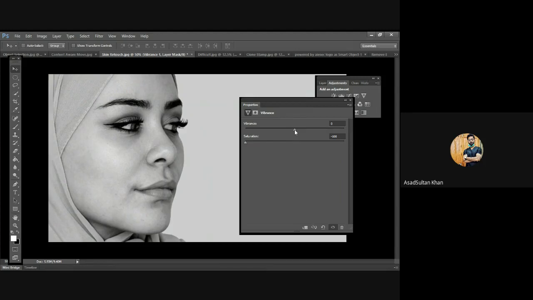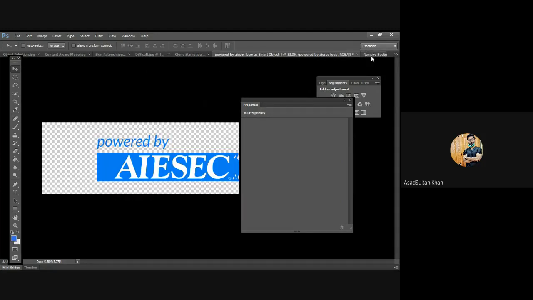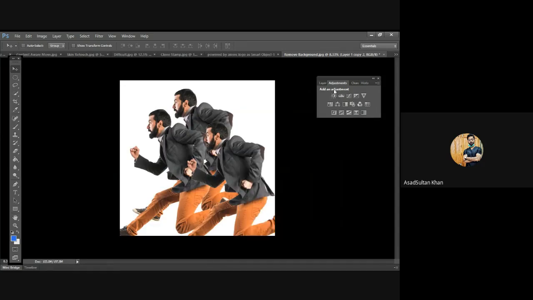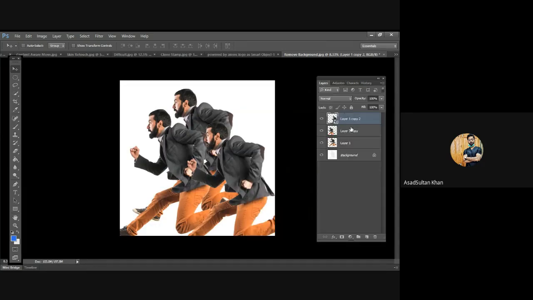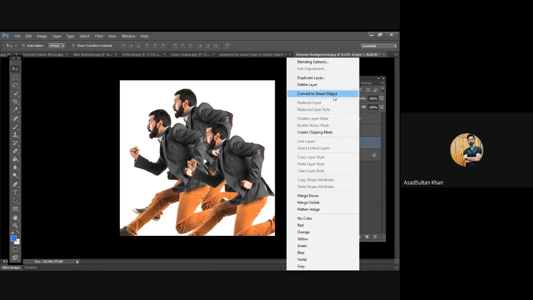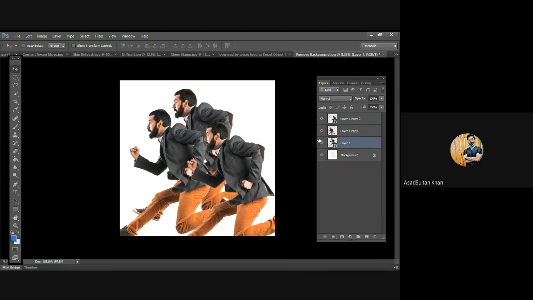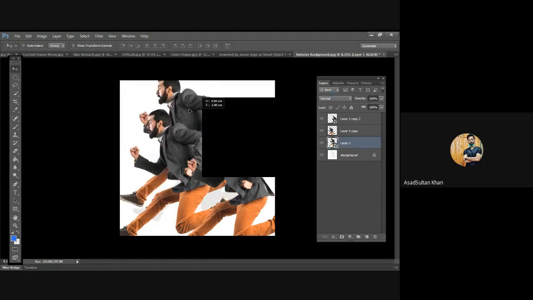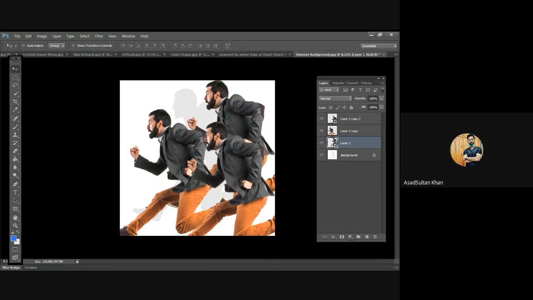So how do we convert anything into a smart object? So Eamon asked, how do we convert anything into a smart object? So let's say we had this picture और यहाँ पे we have a layer. We selected, हमने quick selection की, we have a layer now. So this is how you convert it into a smart object. And then you can move it along, कहीं भी लेके जाना है, you can just pick it up and paste it there.